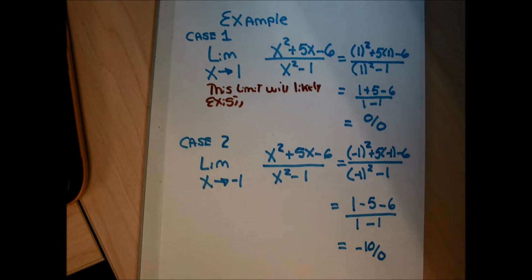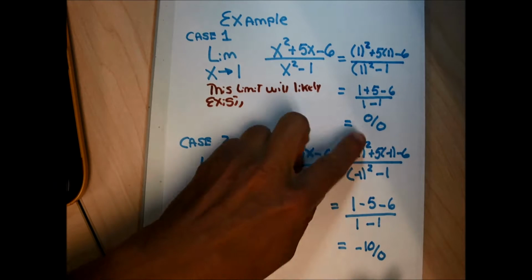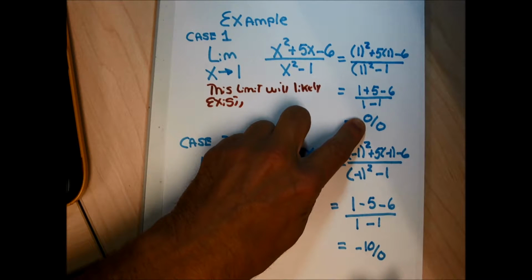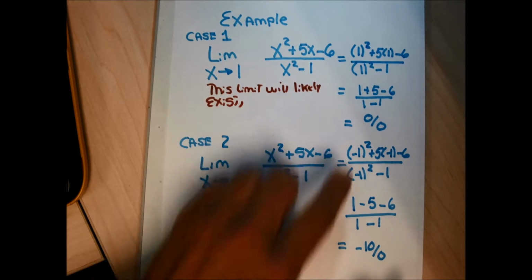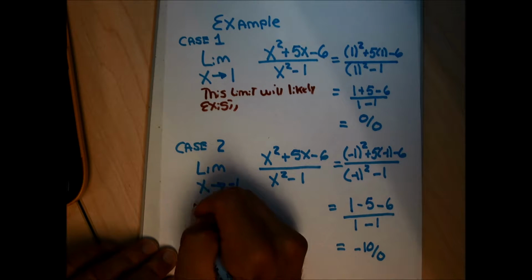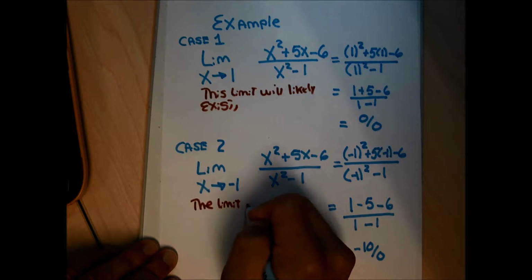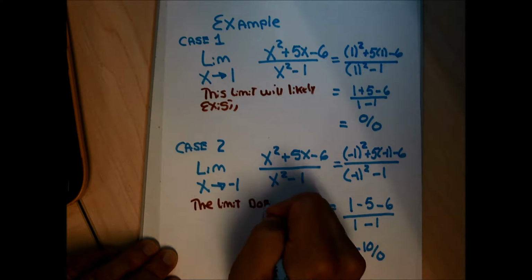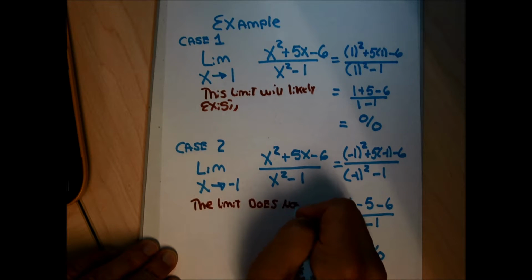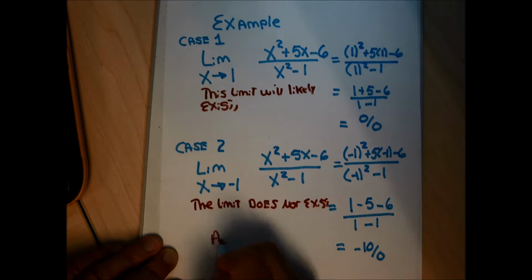When you're trying to find a limit of a fraction and you get undefined, 0 over 0 is a good undefined, meaning you could do algebra and that algebra will help point you to the limit. If you get a number over 0, then this limit won't exist. And there isn't any amount of algebra I can do to make that limit occur. So the answer to number 2 I'm done with. There isn't going to be anything more I have to do